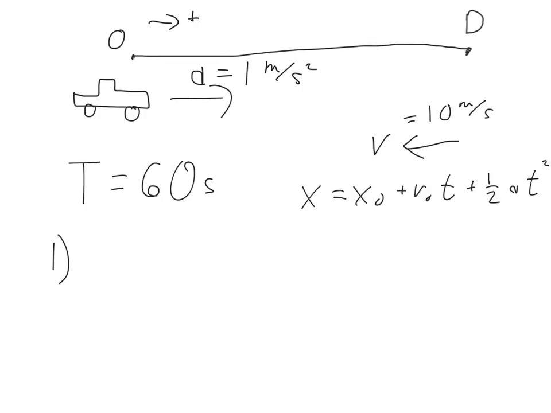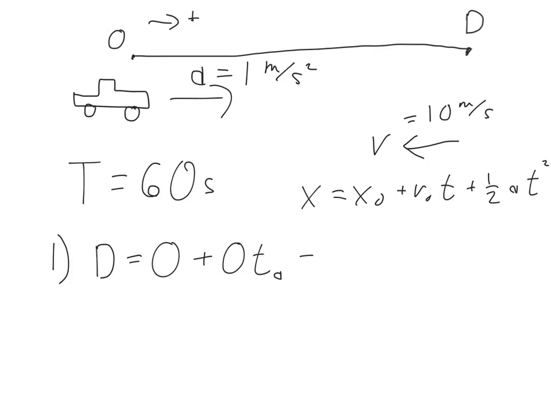With this setup, we can rewrite the equation: the final position is positive d, equals initial position 0, plus initial velocity 0 times time, and we don't know what that time is, so I'll give it a subscript a, the time while it's accelerating,